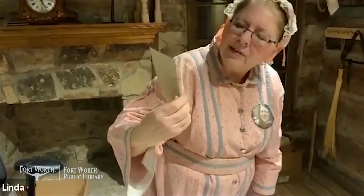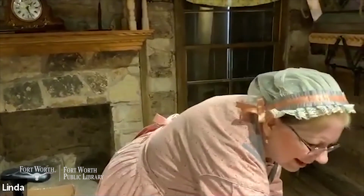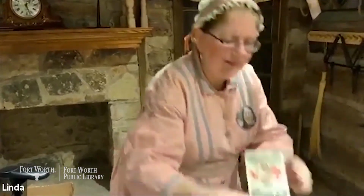And so this one is a picture of a beautiful lady. It's Be My Sweetheart. And there's some gold leafing in here. So it's a very nice postcard. And this one is a very nice postcard as well. It says,